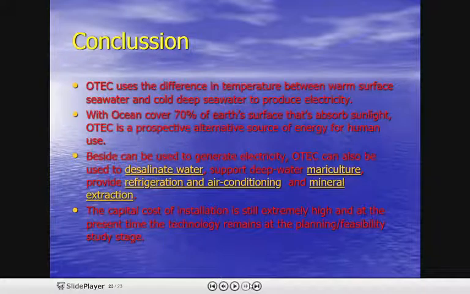We make a research area into the different processes: the refrigeration and the air conditioning, desalinating water,